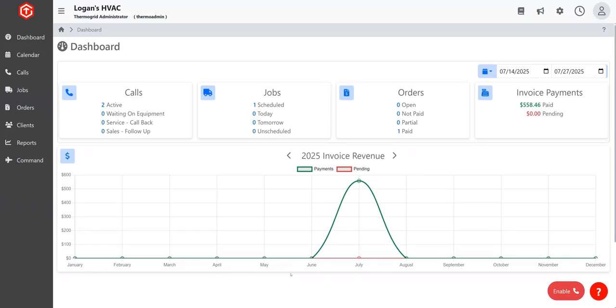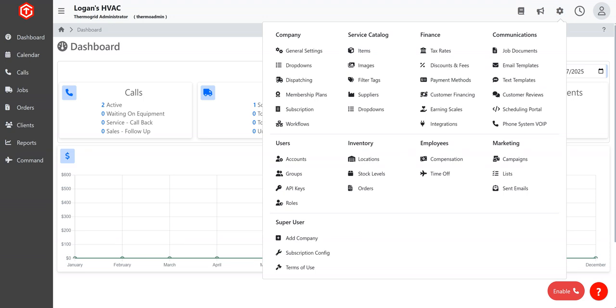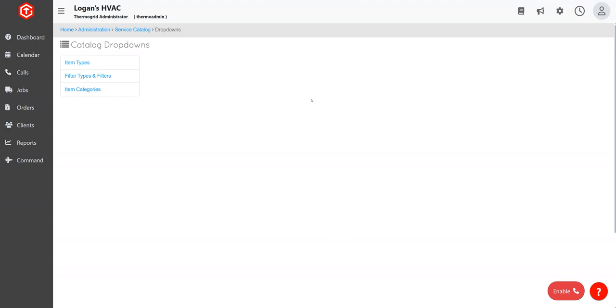In this session, we're going to do some advanced catalog organization. We're going to create the catalog in a way where you're going to be able to look at your items and organize them to easily find exactly what you're looking for. So let's get started. Into settings, we're going to go to service catalog and into the drop downs or configuration